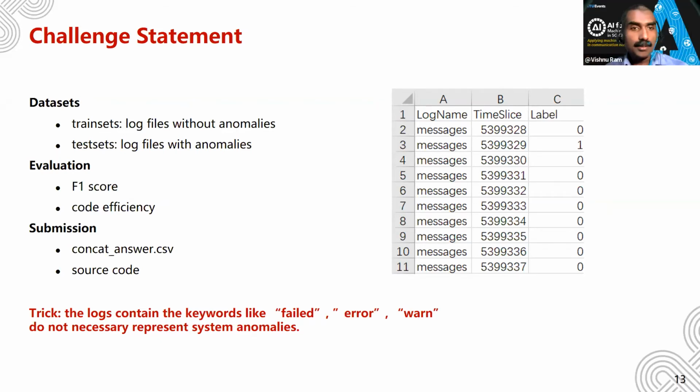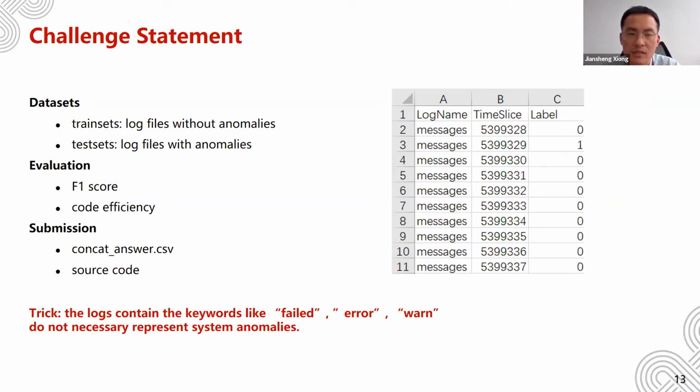Okay, and so how do you evaluate these submissions? Do you have another test set to evaluate, or how do you evaluate these submissions? Okay, the test set on the platform is unlabeled. It's only some logs, logs that you can see normally.